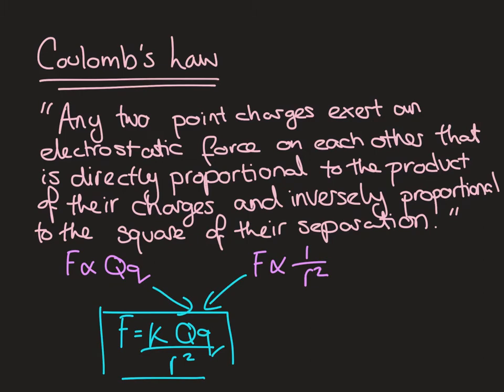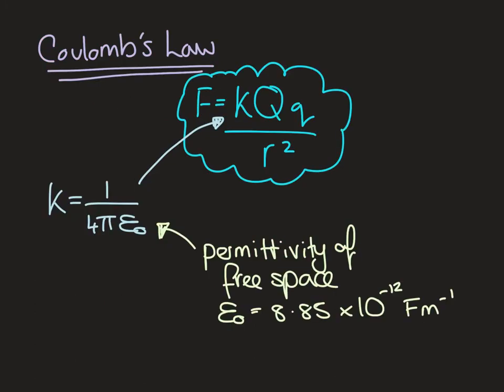So let's have a little look what we can do with that. Now, if we investigate that relationship more, and we plot some graphs and make them straight line graphs, and we find the gradients, just as we always love doing in physics, we can find out more about this constant k. It turns out that this constant k is equal to 1 over 4 pi times the permittivity of free space. Now, the permittivity of free space is equal to 8.85 times 10 to the minus 12